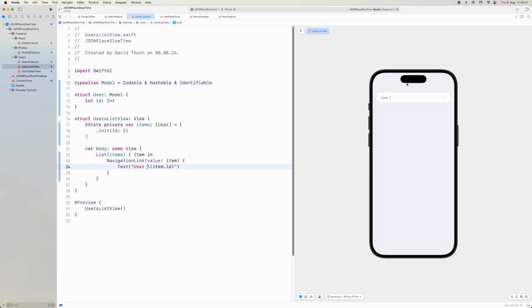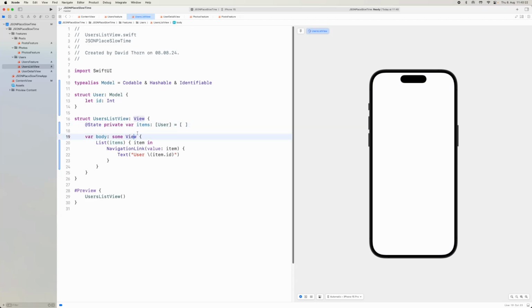Okay, so there we go. Now it looks a lot nicer. All right, we don't have to add any styling or positioning or frames or anything. The list just does it for us straight out of the box. Okay, so let's now just get rid of this default user and go from there. So we've got to have some way of populating this list of users,